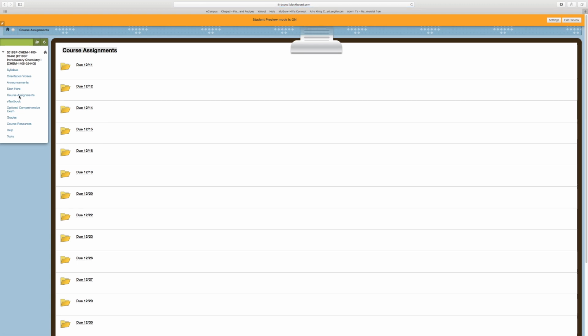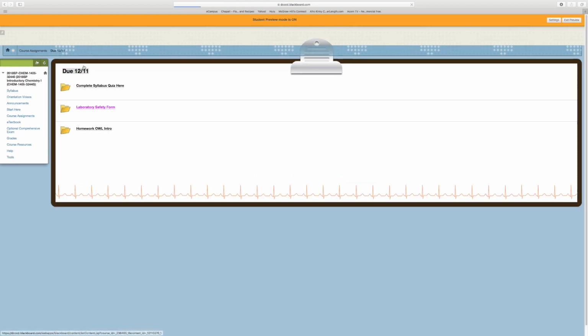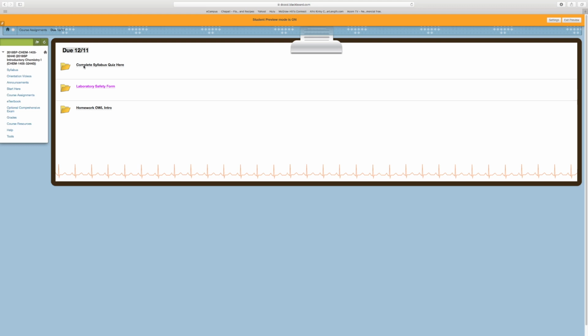When I click the course assignment tab, the first thing I see is the due dates. The assignments are arranged in folders based on their due dates. All the assignments in the folders must be done before that due date or by the due date. So when you click on the first due date, we see 3 assignments that are supposed to be done by